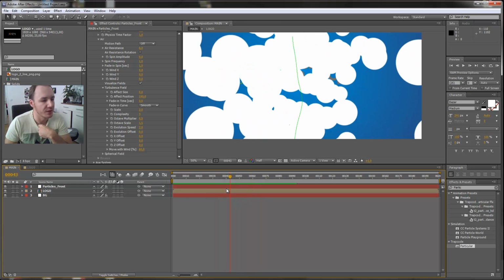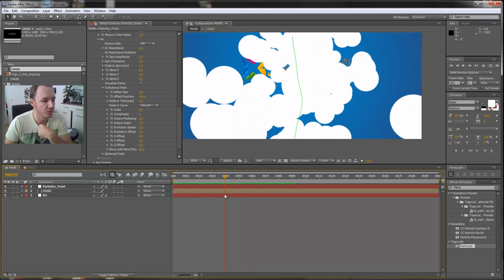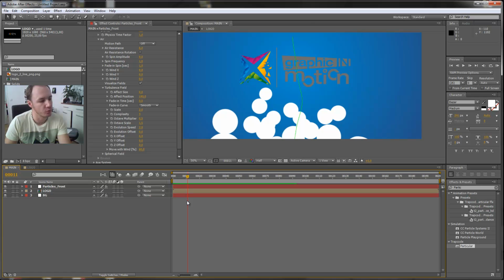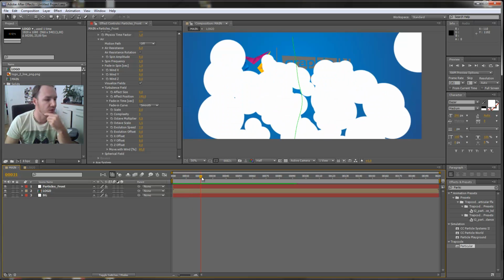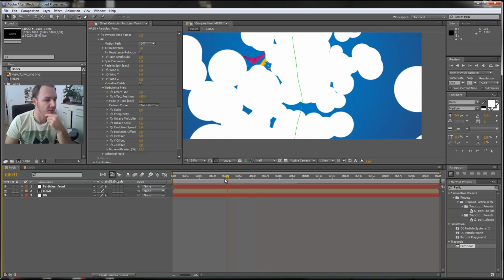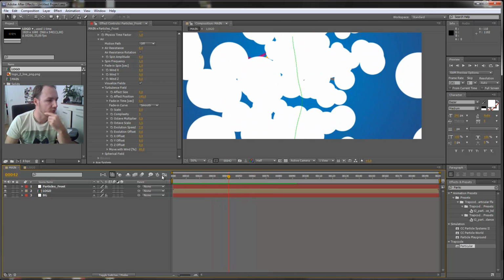So what I want to do with these particles now is I could take these particles and duplicate them 2 times and then move them in Z space to get my front particles, my middle particles, and my back particles. But I don't want to do this. I want to use another method. And therefore, we're just going to our,